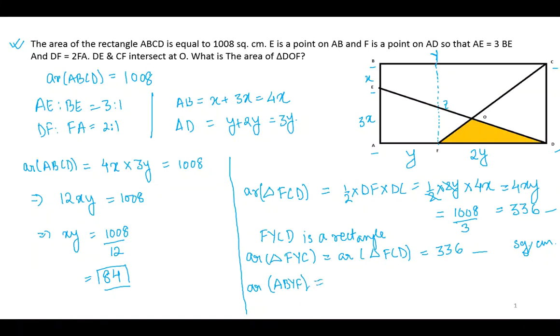Now see, this is nothing but y into 4x, right? Basically what I'm doing is I'm taking AF multiplied with AB. And this comes out to be 4xy, which is basically 336. So what I want you to understand is this is a very important line. The YF we have drawn is a very important construction, and this will actually help us to solve this whole